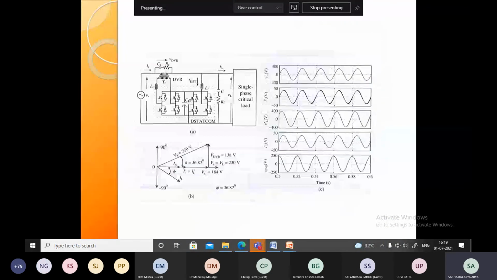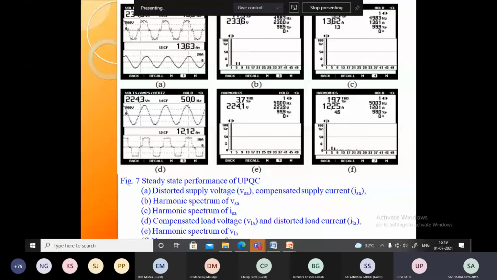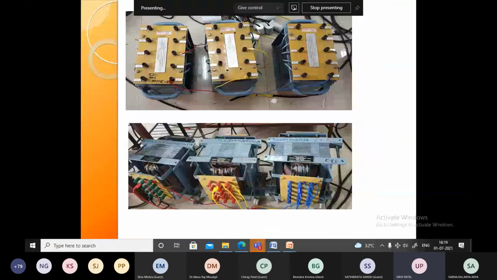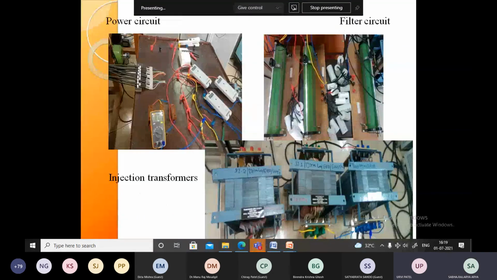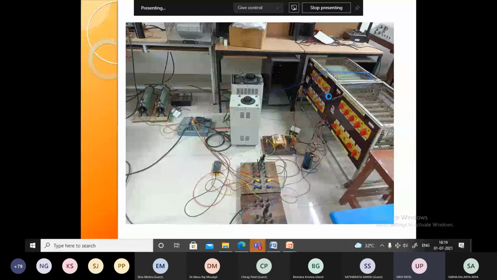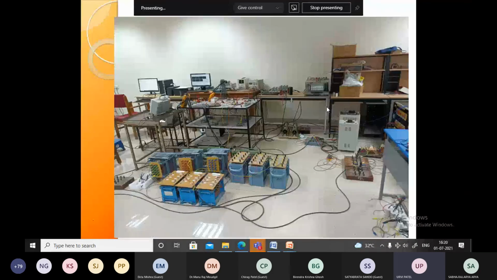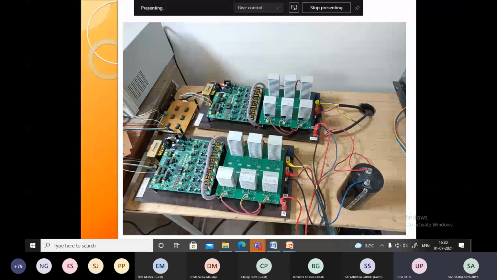Any question? If some questions are there, they can tell. Hello? Yes, faculty members, if some questions are there, they can ask. Maybe I think I have told about that one. Sir, what factor do we have to consider while we select the type of control? Hello? Somebody is talking. Hello?